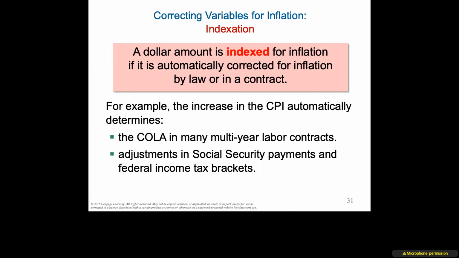Now, the one that is a bummer for all of us is the federal tax brackets. They are also adjusted for inflation and consumer price index. So by using the consumer price index, our purchasing power, we are adjusting for inflation. Now remember, that means that we're looking at numbers that have to do with consumers and their ability to price. We're using that particular inflation adjustment to adjust for labor contracts, Social Security payments, and federal tax. Now remember that we're not using the gross domestic product, we're using the consumer price index.